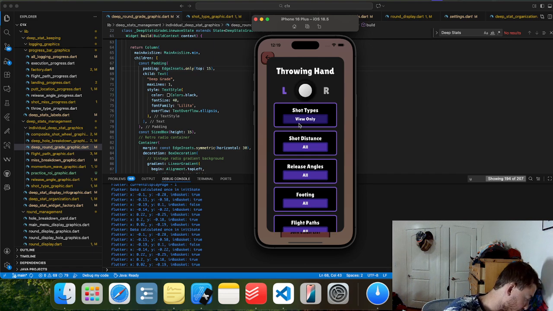So I think I'm actually going to change that task. I do think I want the view only option. Deep stats toggles and settings should be working throughout the app